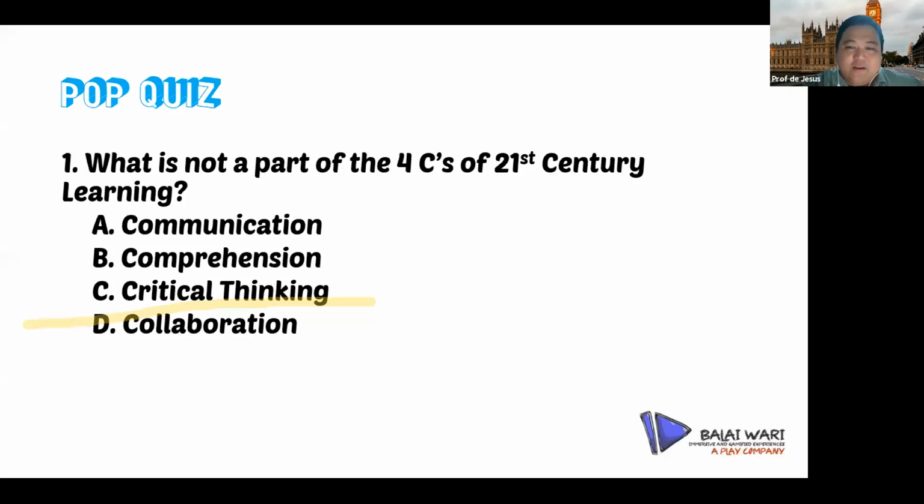So I need your answers right now. Four C's. So okay, I have two answers as of the moment, so we need about 20 plus more. So according to Georgia, none is not a part of four C's of